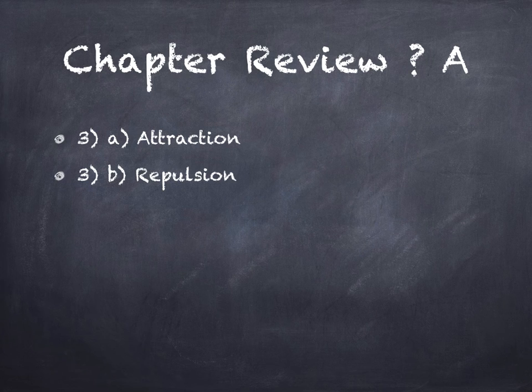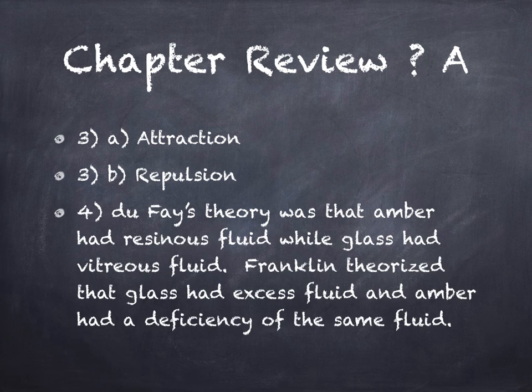How did two different electric fluid theories explain the differences between electrified amber and electrified glass? Okay, got two guys, Dufay, whose theory was that amber had a resinous fluid and glass had a vitreous fluid. So Dufay thought there were two different fluids and different kinds of electrics got different kinds of fluids. Franklin, however, theorized that glass had an excess of fluid and amber had a deficiency of the same fluid. So Franklin thought there was only one fluid, but that materials either had extra or not enough or not as